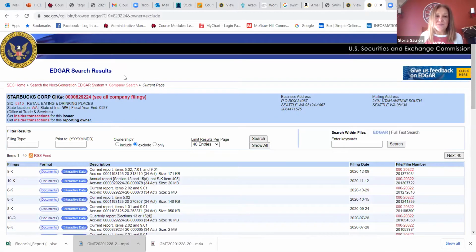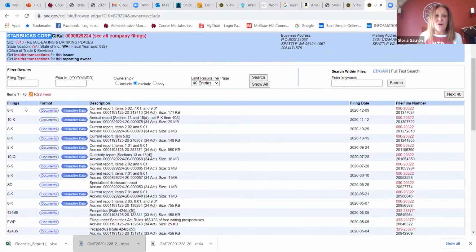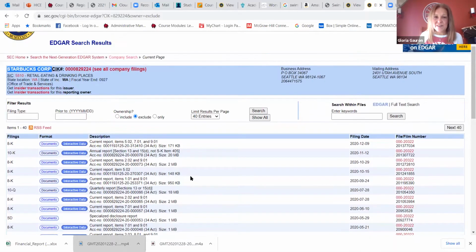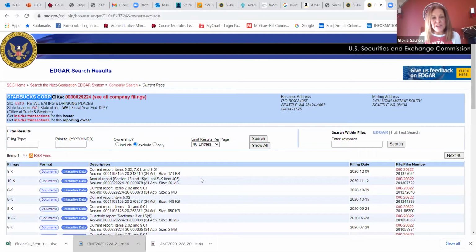And what that does is it brings you to the results page for Starbucks Corp. You can see here that we're working with Starbucks, and it lists all of the financial documents that they have had to file with the SEC. So for the project, you will only have to focus on one type of financial document that Starbucks, or the company that you choose, has to submit to the SEC, and that's the 10-K